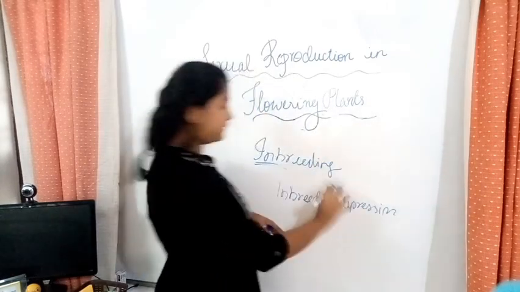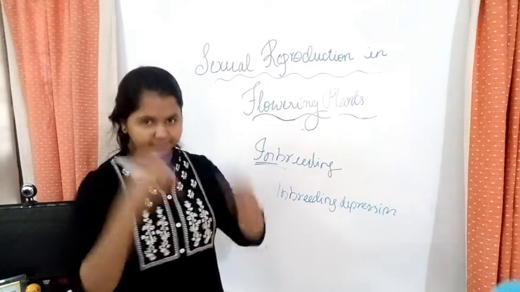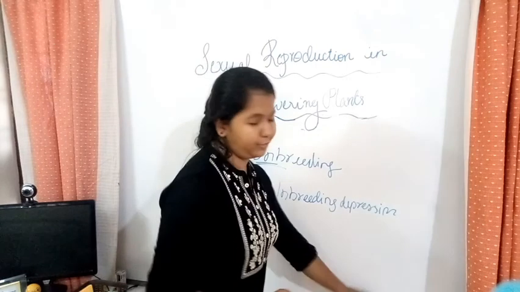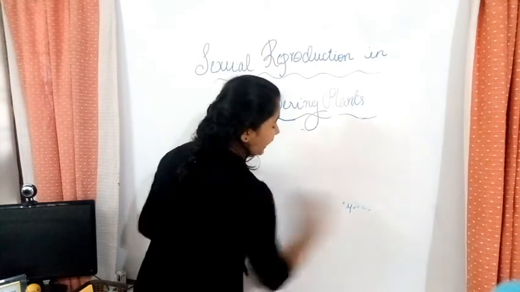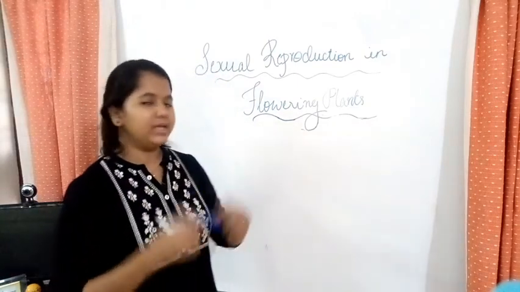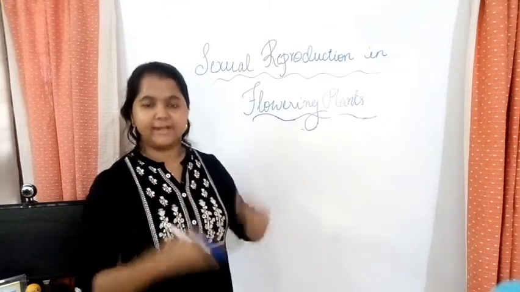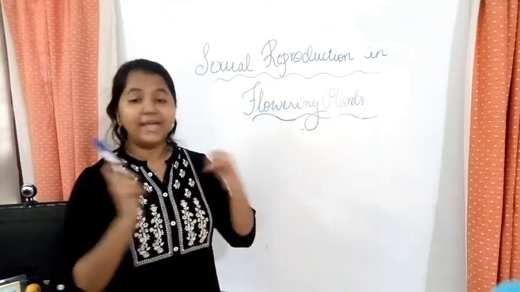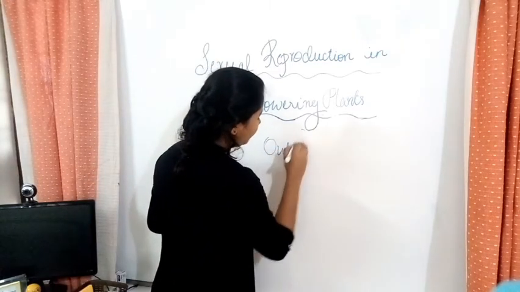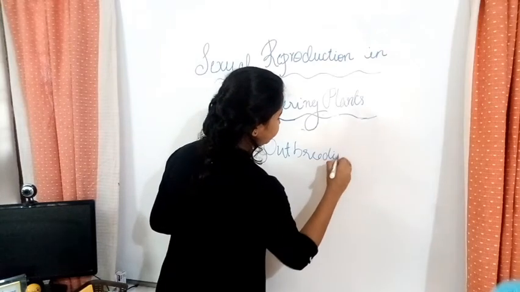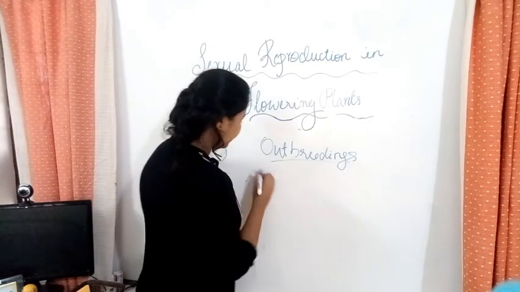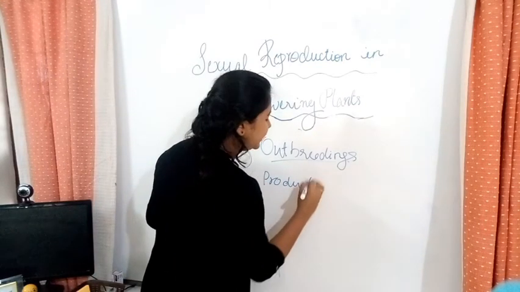So if inbreeding is like self-breeding, then what is outbreeding? Outbreeding is the encouragement of cross-pollination or crossbreeding. So I told you I'm going to discuss outbreeding methods. So how do you encourage outbreeding? Okay, if you're doing the same inbreeding itself, then that would be only the same progeny. There won't be any betterment or any variations happening. So for outbreeding, we have some methods. So let's discuss that. The first one is production of unisexual flowers.